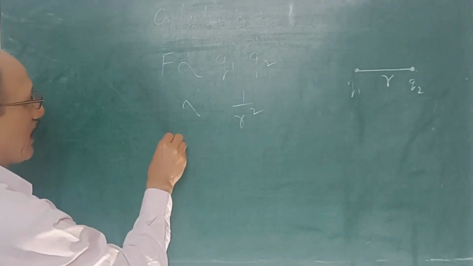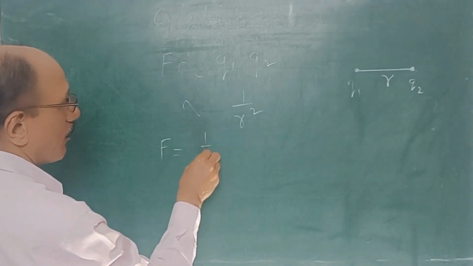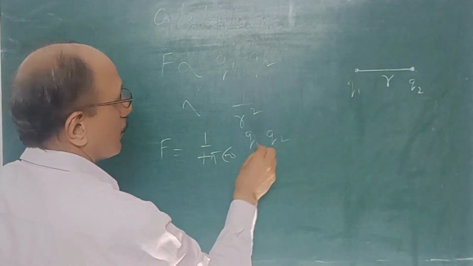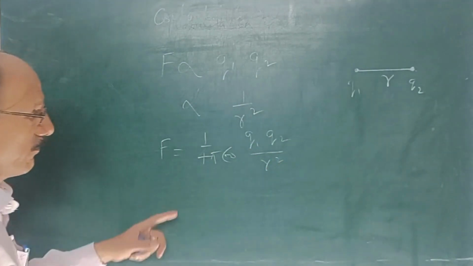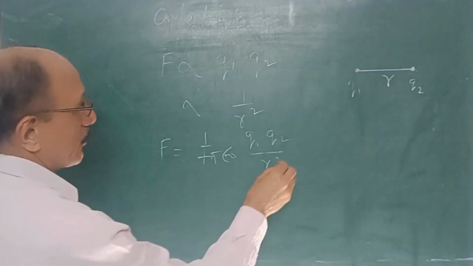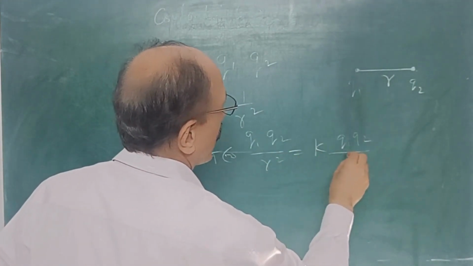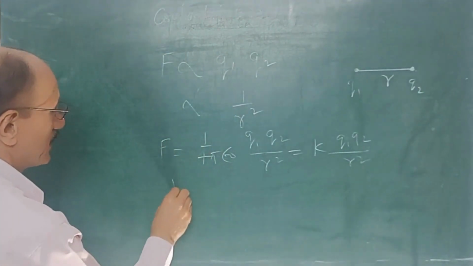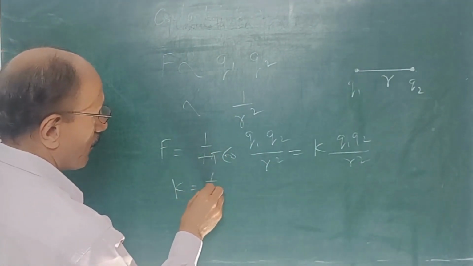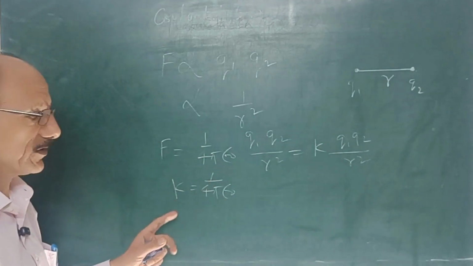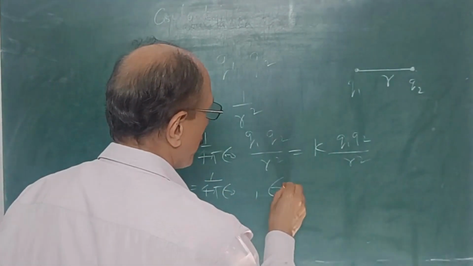So F equals 1 upon 4 pi epsilon naught Q1 Q2 upon R square. This is also sometimes written as K Q1 Q2 upon R square, where K equals 1 upon 4 pi epsilon naught is a proportionality constant, and epsilon naught equals